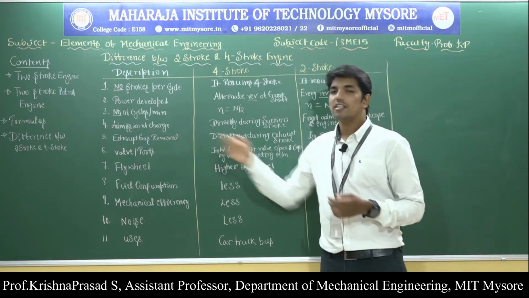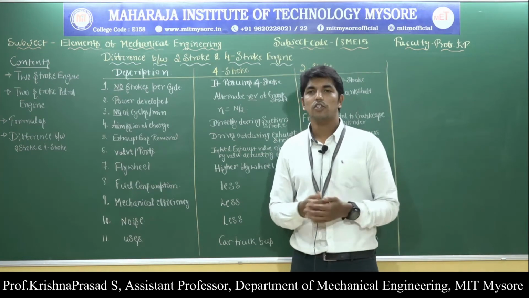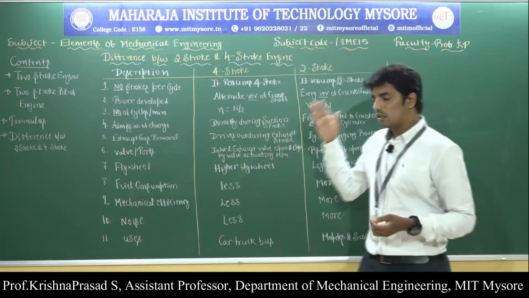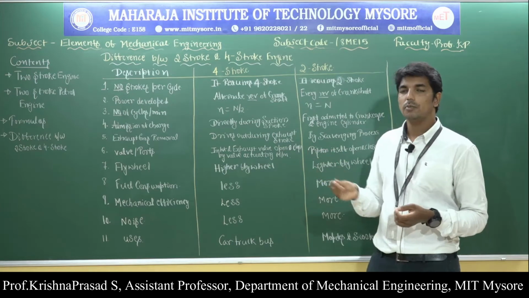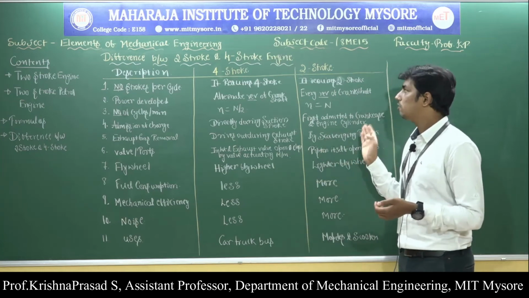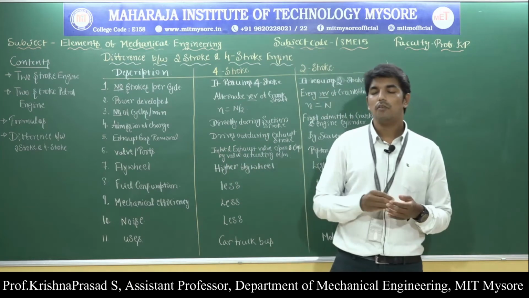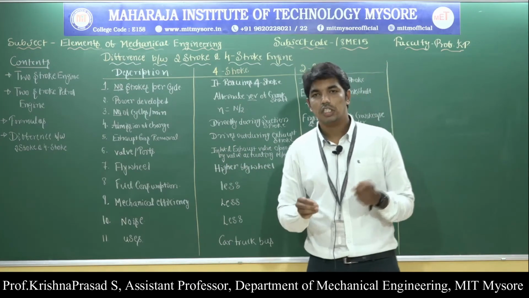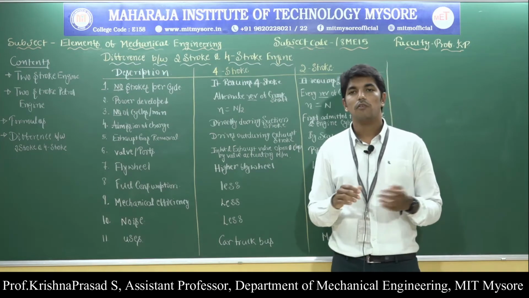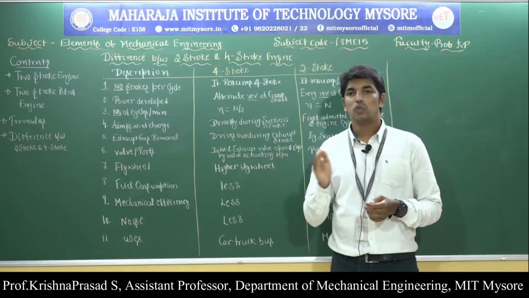Then the exhaust gas removal process. In the 4-stroke engine, it happens during the exhaust stroke. During the exhaust stroke, the exhaust port is open and the inlet port is closed, so whatever burnt gases are present inside the combustion chamber move out due to the upward movement of the piston. But what happens in the 2-stroke engine? Here the burnt gases are removed with the help of the fresh incoming charge, and that process is called the scavenging process. What is meant by the scavenging process? It is the process of removal of burnt gases present inside the engine cylinder by the fresh incoming charge that passes through the transfer port.